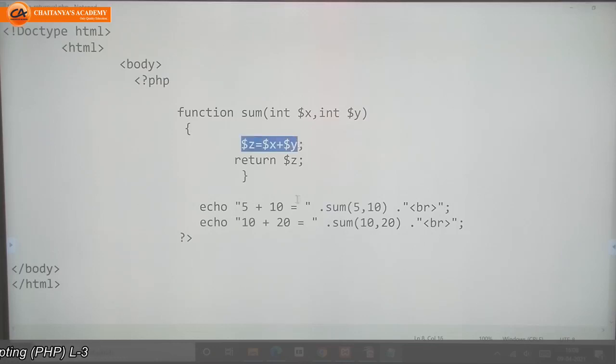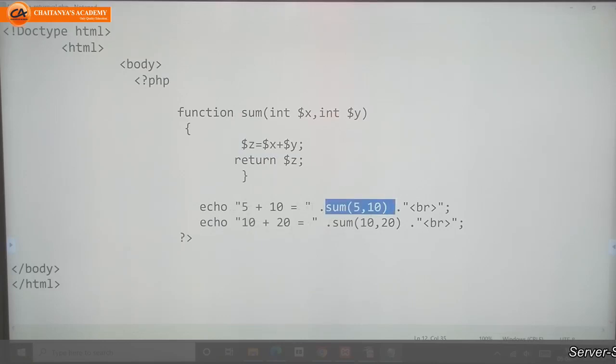Where did I do this arithmetical operation? Here. So this line of code is in the function block, the sum function block. So here I need to call the sum function, and inside the brackets, the values whose addition I want to display, 5 and 10.